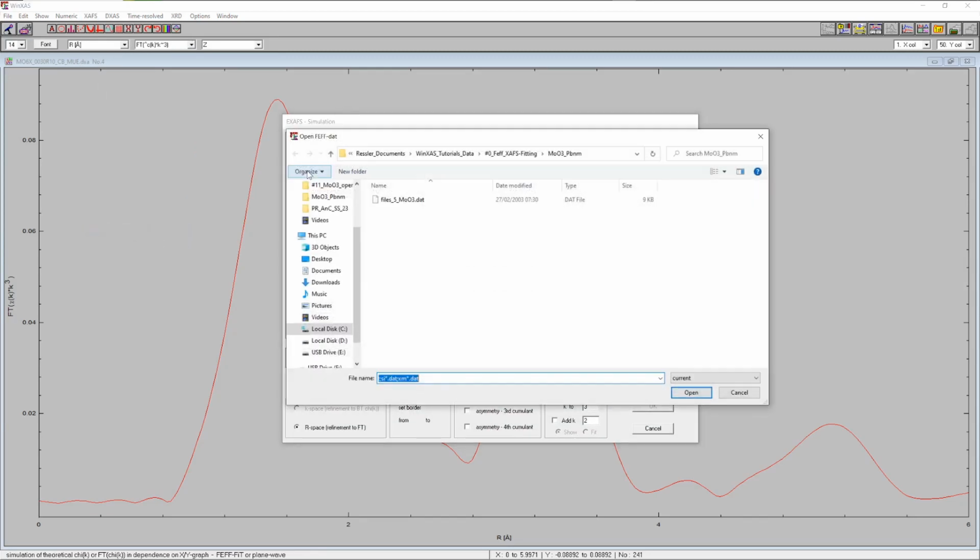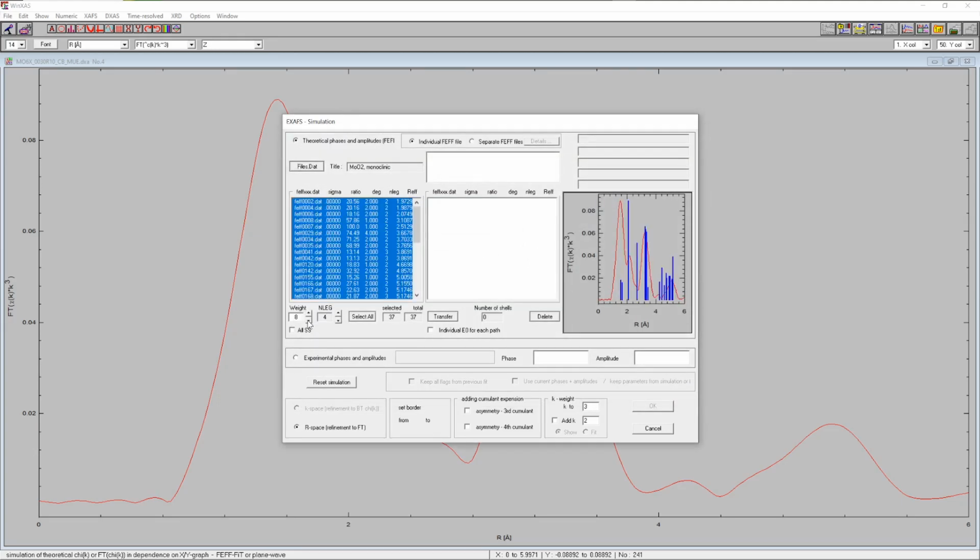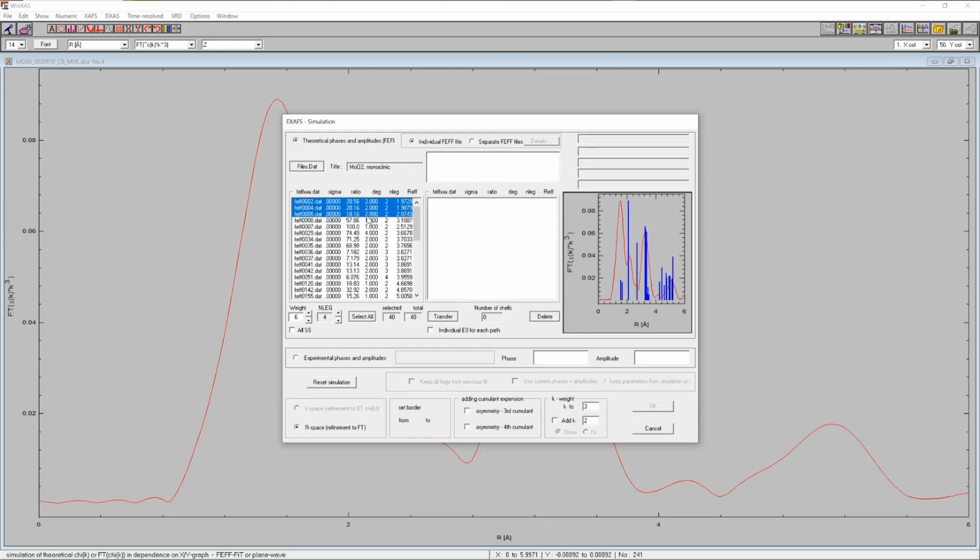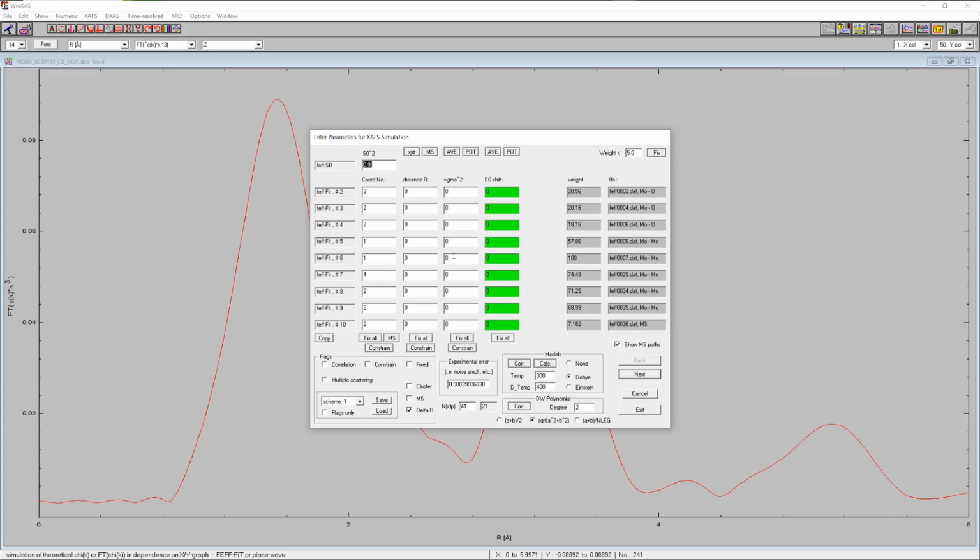Now using the theoretical phases and amplitudes for molybdenum dioxide in this monoclinic modification that we used already before. So going to decrease the weight a little bit, same as we did before, and so those are the scattering shells that we're going to include now, single and multiple scattering shells that are necessary to describe the radial distribution function in this range. Transfer, okay, and going to do the same here,